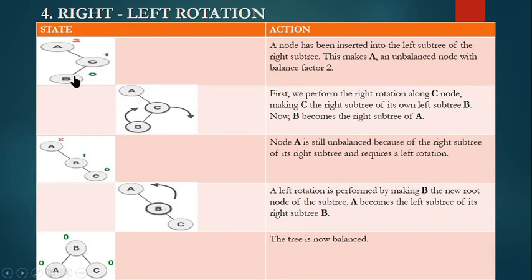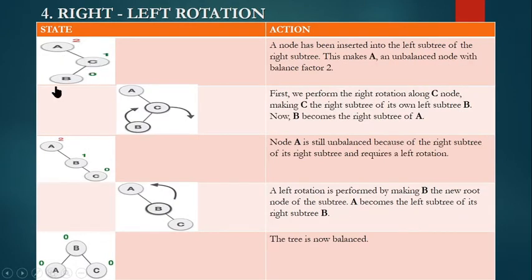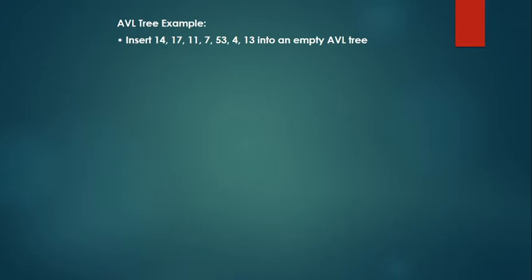So when you have a subtree like this, and if it is unbalanced, make sure you do the right rotation first and then go for the left rotation. It all matters how it is located, whether it falls under left right or right left. Keeping all this in mind, let's see a small example of how to insert all these elements one by one, and also how to remove an element from the complete AVL tree structure.